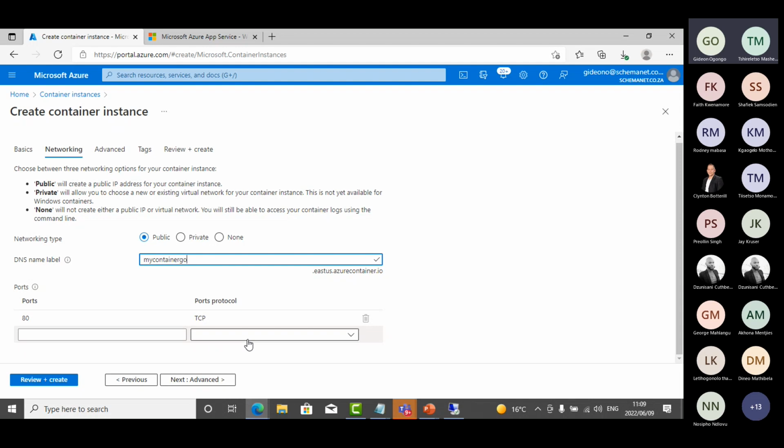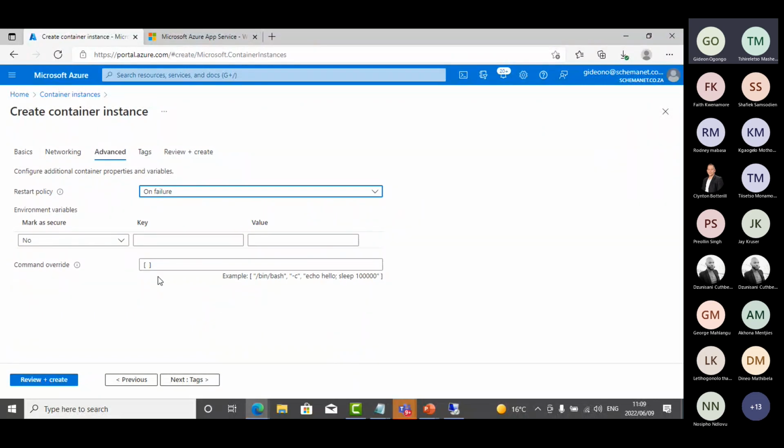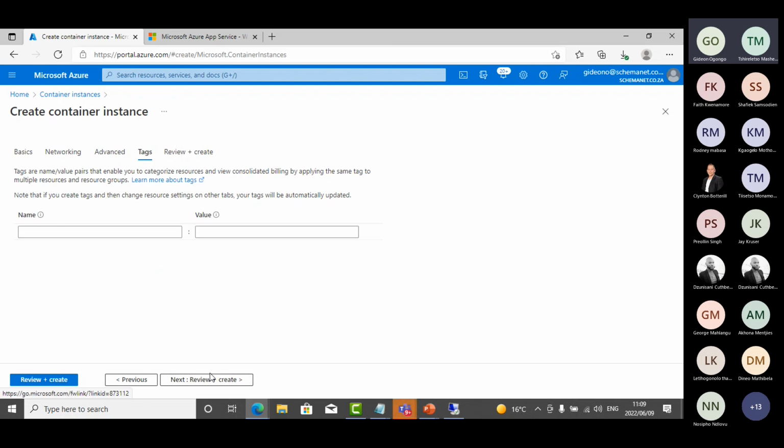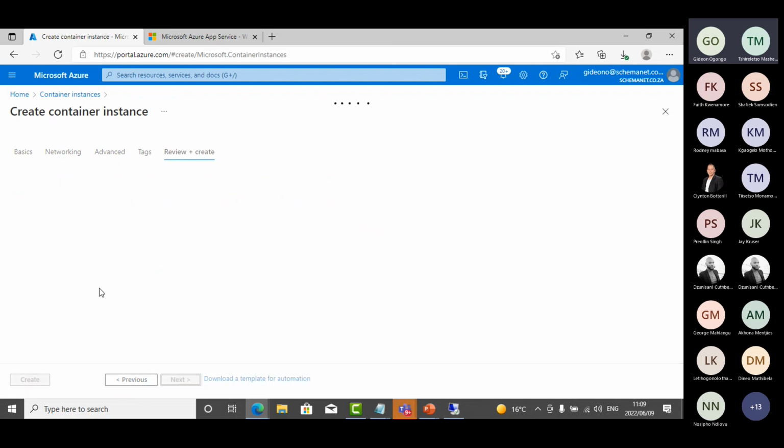Sometimes when you build an application and that application runs in a container and that application communicates with a different protocol, you would have to specify that protocol from here as well. So if it's a TCP protocol that is different, or a UDP protocol that is different, you can do that from that page. This is where you can configure some additional container properties. So things like a restart policy on failure. So if for whatever reason there's some sort of failure in the application running the container, you might want to restart it. And that's what that would do. We're also not going to be using tags. And then when you click finish,